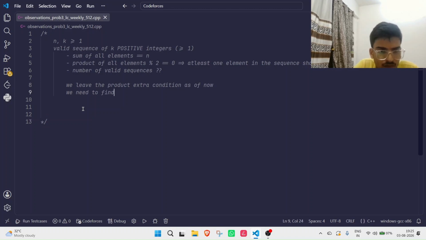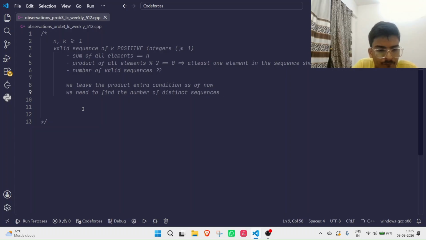We need to find the number of distinct sequences of k positive integers such that